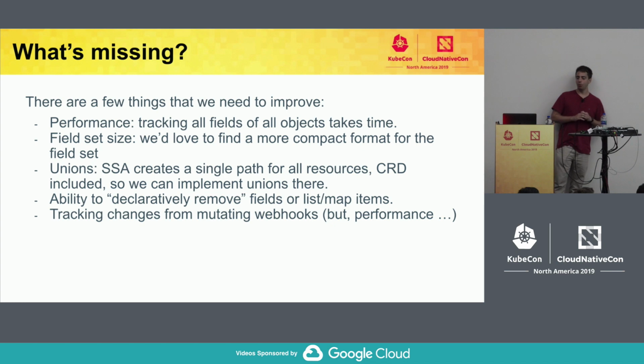There are quite a few features that we're missing, or not features, but bugs also we have. So we have a lot of problems with performance. It's keeping us pretty busy. Since we are definitely on the critical path because we have every single update, post, patch, and apply operations to track, that's a lot of work for the API server. So we're trying to reduce the performance impact.